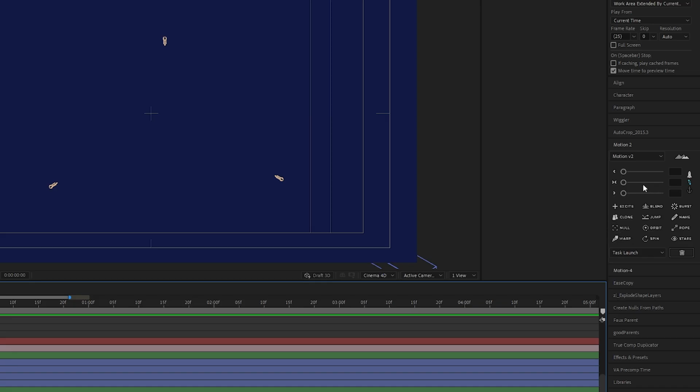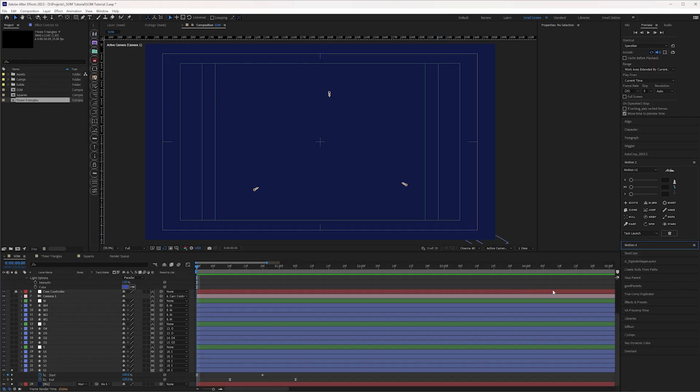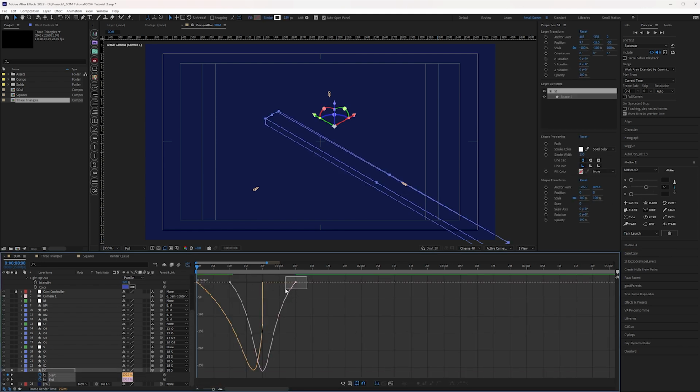As you can see here, I'm using this script to ease in and out my keyframes. You can use Motion 2 or use Motion 4 as well from Mograph. And what this script does is give you some sliders here for easing in or easing out or easing in and out in the middle. Instead of doing it manually, this will save us a lot of time when we are handling a lot of keyframes. This is actually a very common script, and a lot of animators and motion designers are using it